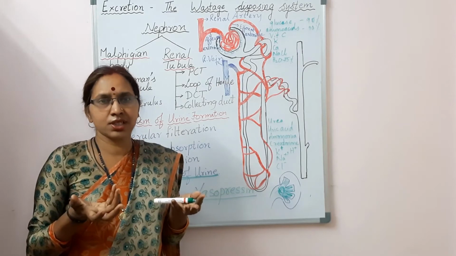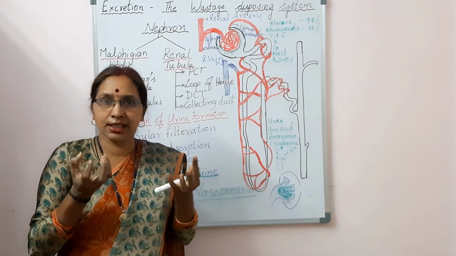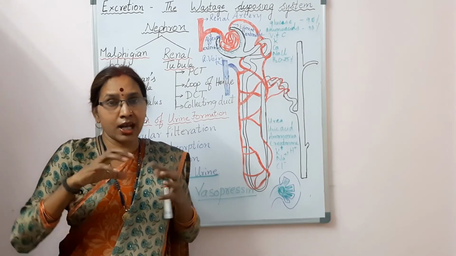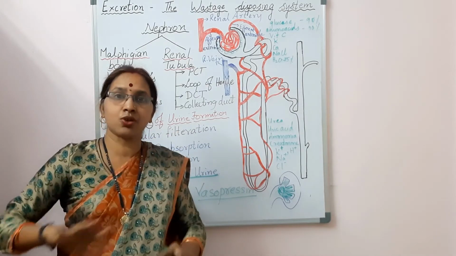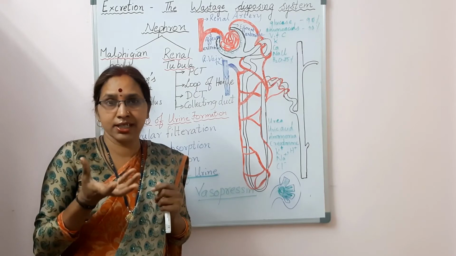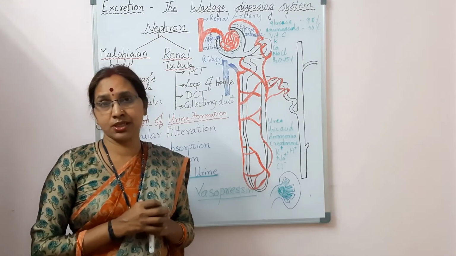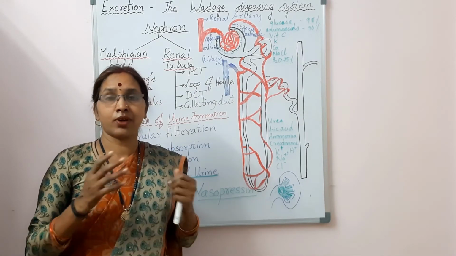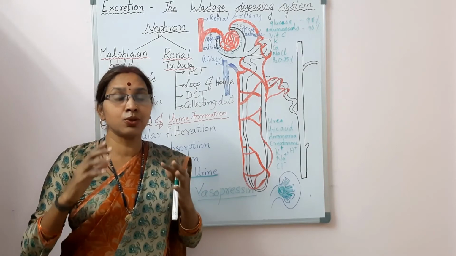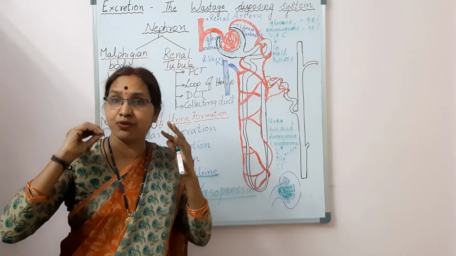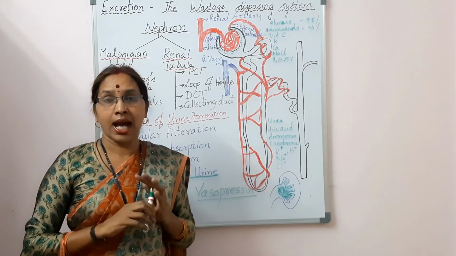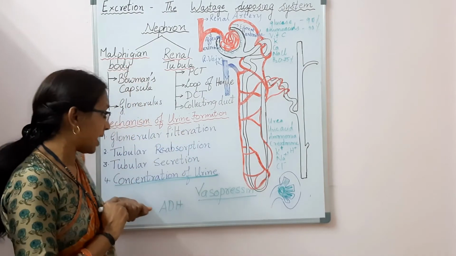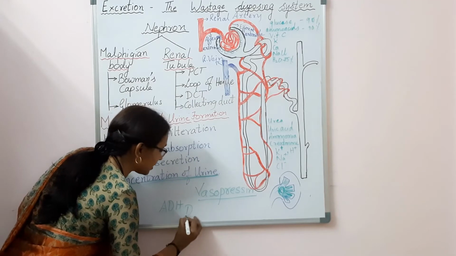What is the function of this hormone? It will concentrate the urine. That means it will not allow all the water that is there in the urine to be passed out from the body. So it concentrates the urine. Imagine if this vasopressin is not secreted in our body, what would happen? Every day the person will lose nearly 15 liters of water from urine from his body, and this will lead to a condition known as diabetes insipidus.